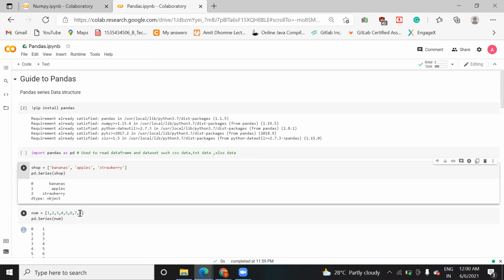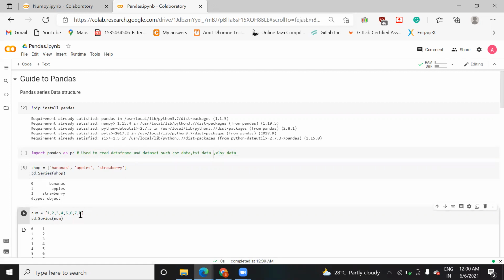Similarly, if you want to save numbers, you can save them with this Series function. In pandas, there is dot Series, which is one function. It will help you to save a series of data. So here also I am going to do the same. Let me take some more data here: 9, 10, 0. And when you run this, it will save it.